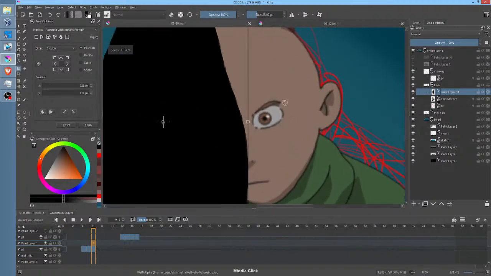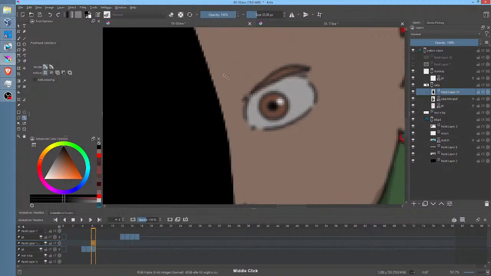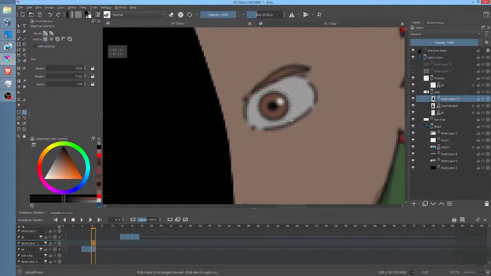All I want to do is focus on the left eye and making sure it's pointed in the right direction. So the way I'm going to do that is I'm going to select this. You hit Shift and you get a perfect circle, and if you hit Alt, you can then move where the selection is. And that is going to be a perfect selection.